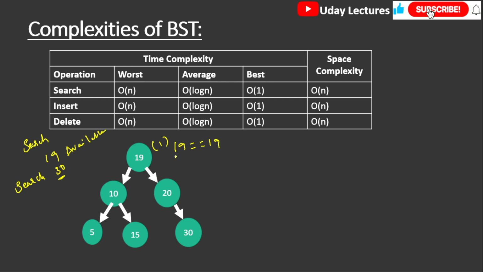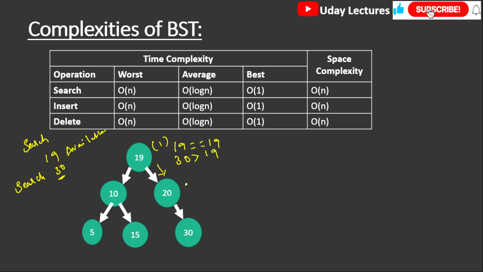So the searching element is 30 and the root node element is 19. If you make comparisons, 30 is bigger than 19. So you have to make further search operations in the right subtree, but not in the left subtree of the binary search tree. So the next element in the right subtree of this binary search tree is